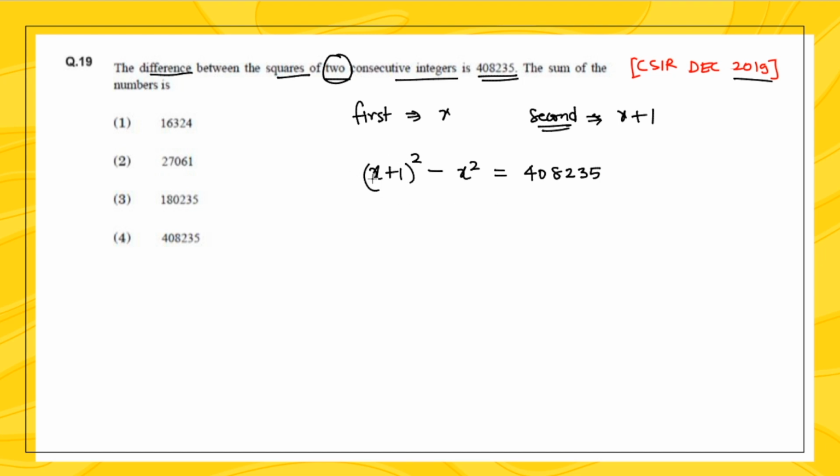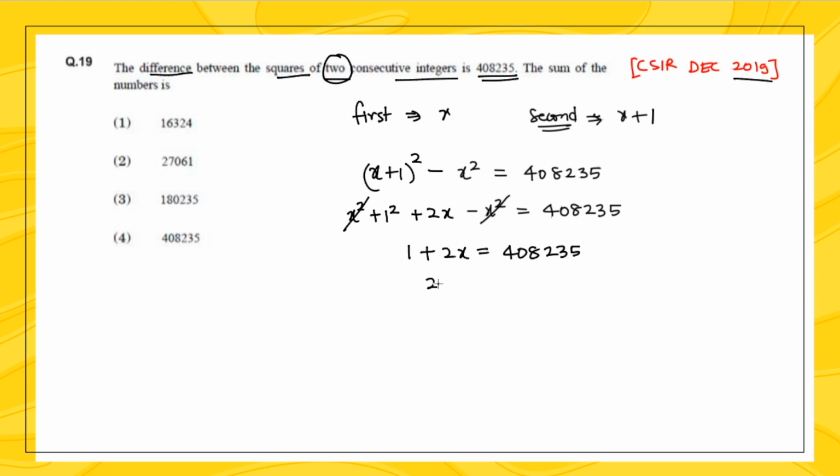What you have to do now is use the identity of (a plus b) whole square and open the bracket. So this becomes a square plus b square plus 2ab, that is 2 into x into 1, so that becomes 2x, minus x square is equal to 408,235. On solving this, x square is going to get cancelled out. You are going to get 1 square, which is 1. So this will be 1 plus 2x, right? That is equal to